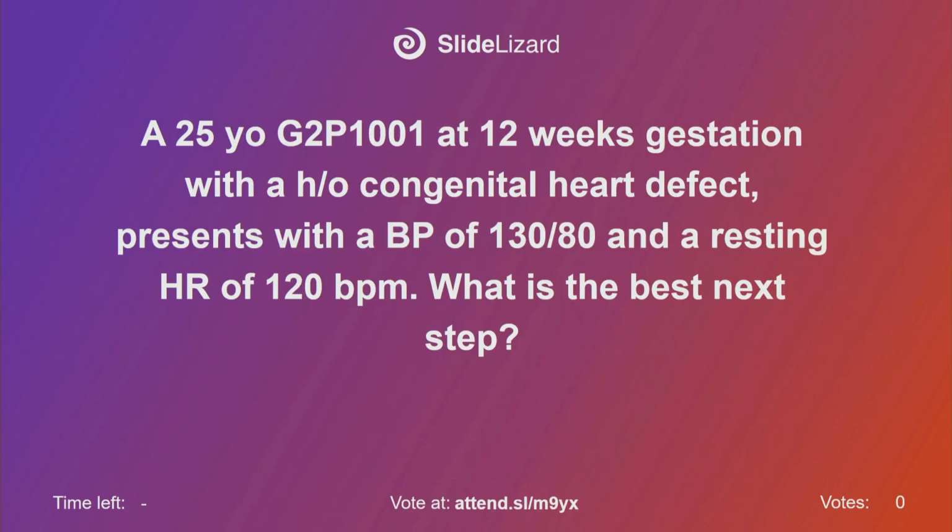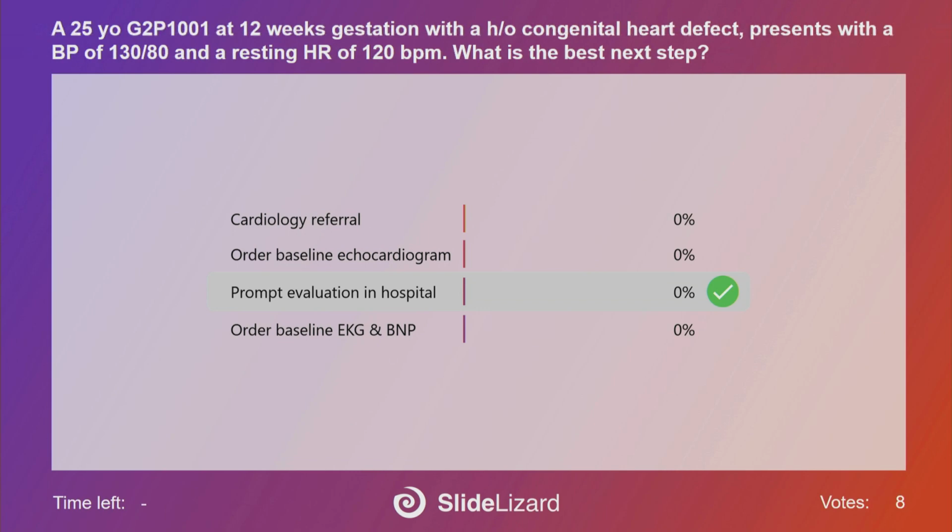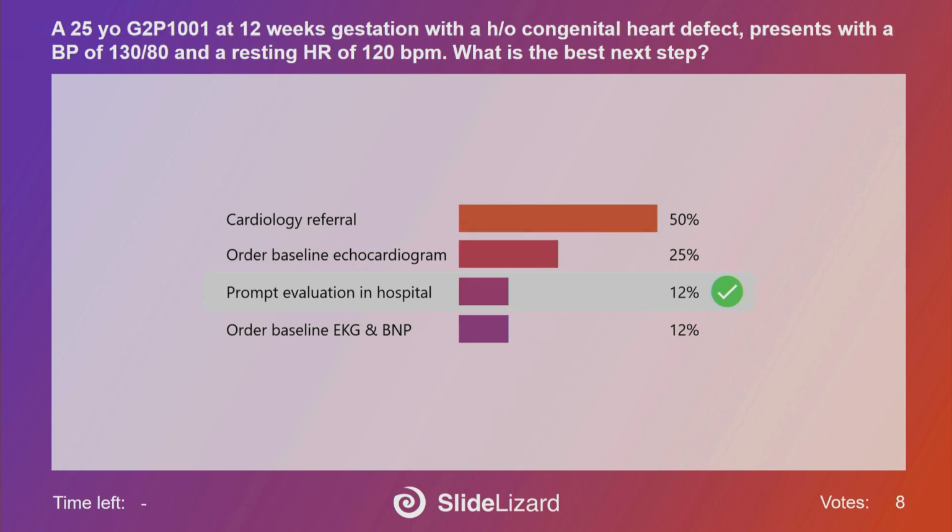A 25-year-old G2 P1001 at 12 weeks gestation with a history of congenital heart defect presents with a blood pressure of 130 over 80 and a resting heart rate of 120. What's the next best step? Sorry, was somebody still trying to answer? It looks like we have a spread here, but it would be prompt eval in the hospital just to get her more evaluation because you don't know what kind of congenital heart defect this is, and her resting heart rate is elevated above 120. That's a red flag